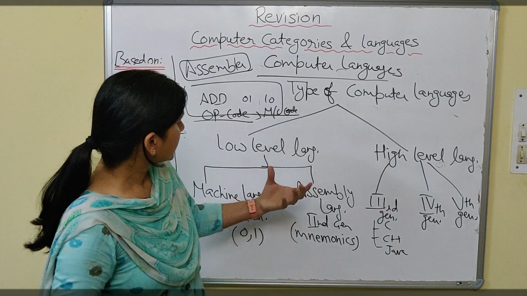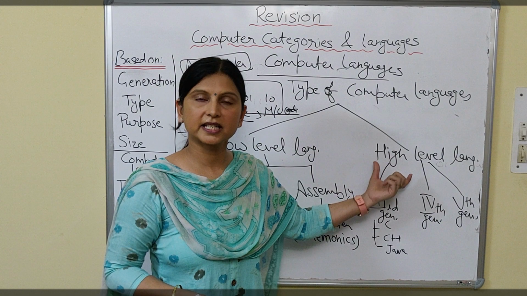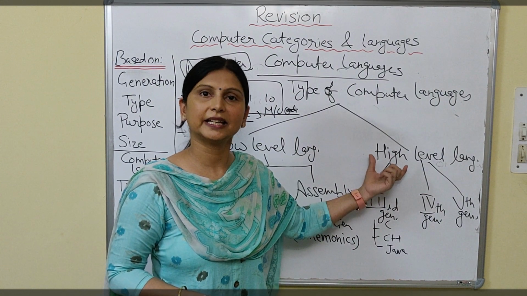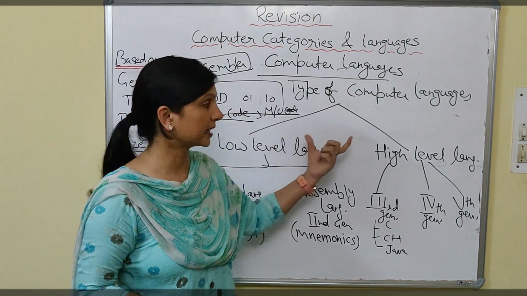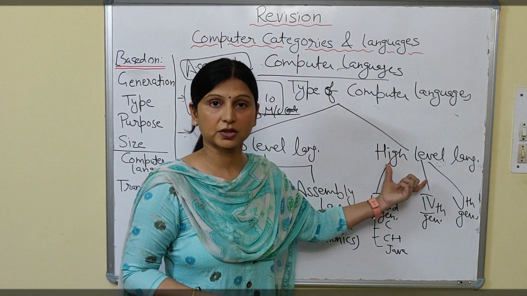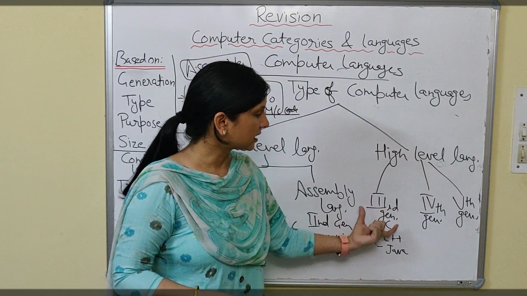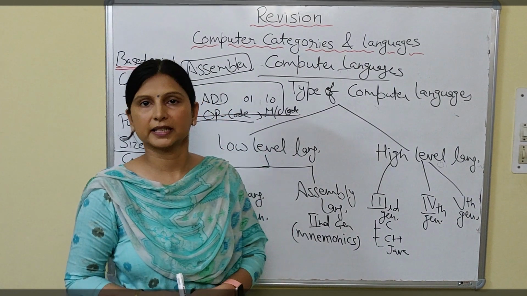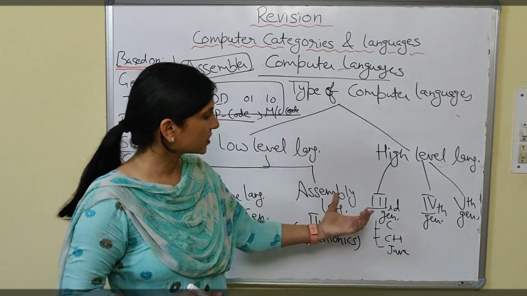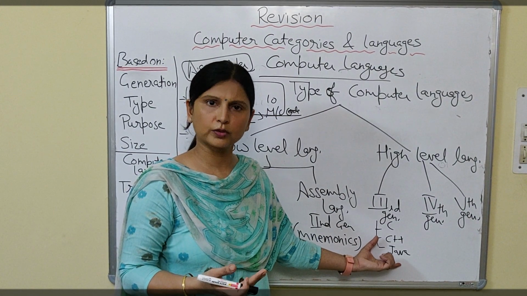Now second is machine independent. High level languages are machine independent. Low level languages are machine dependent. So that is the biggest achievement in case of high level languages. In high level languages, we are talking about third generation computers; C, C++, Java come under this. So in such types of languages, it was very easy for the user to instruct.